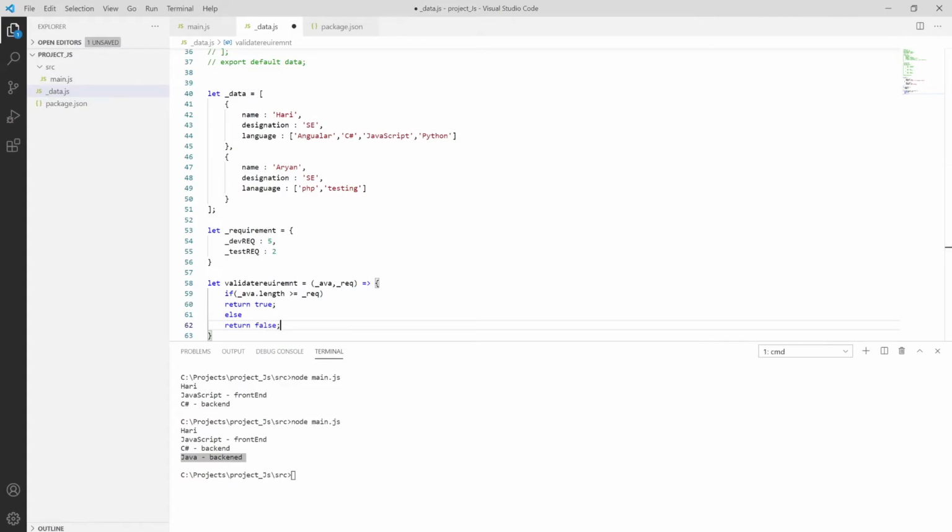So this function will validate whether available is more than the requirement or not.